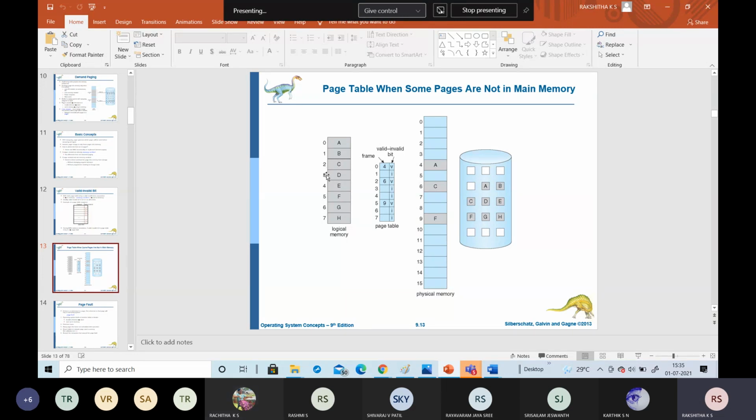C, yes, tell me. C, ma'am. Yes, C, right? So that C can be loaded into the physical memory. In the same manner, there will be an invalid bit for the 3 and the 4. So the frame number is 0 for page 3 as well as page 4.